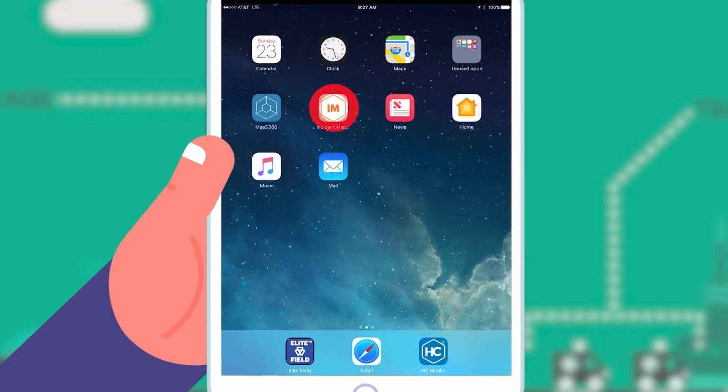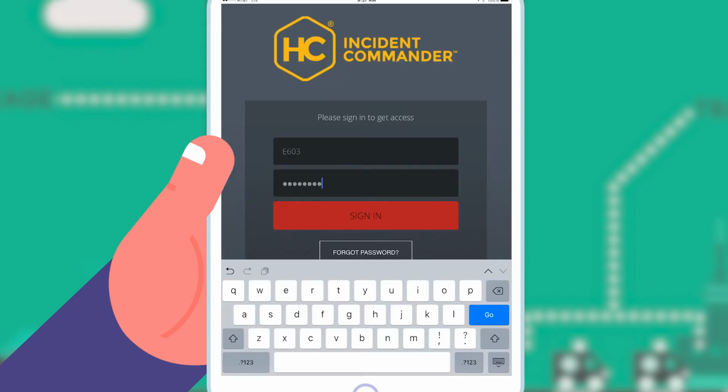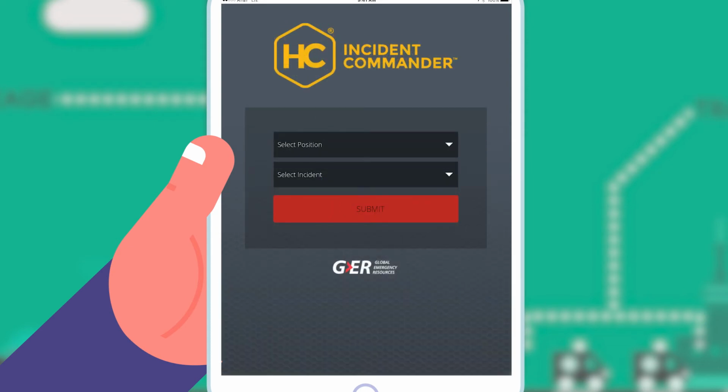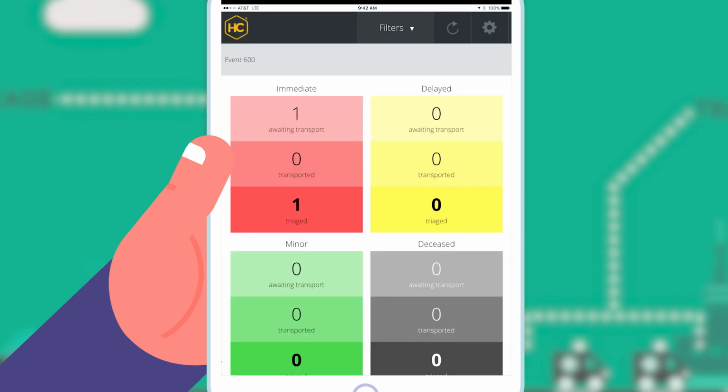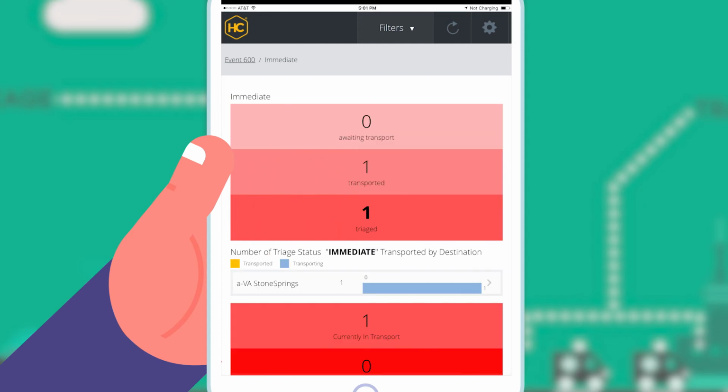To launch the Incident Commander app, select it from the home screen. Once the app is launched, incident commanders must enter their username and password. From the incident screen, select the appropriate incident from the list and identify your role. On the main screen, you'll see four triage colors associated with the incident. Clicking on one of the colors drills down and provides you with more detailed information on the patients associated with that color category,